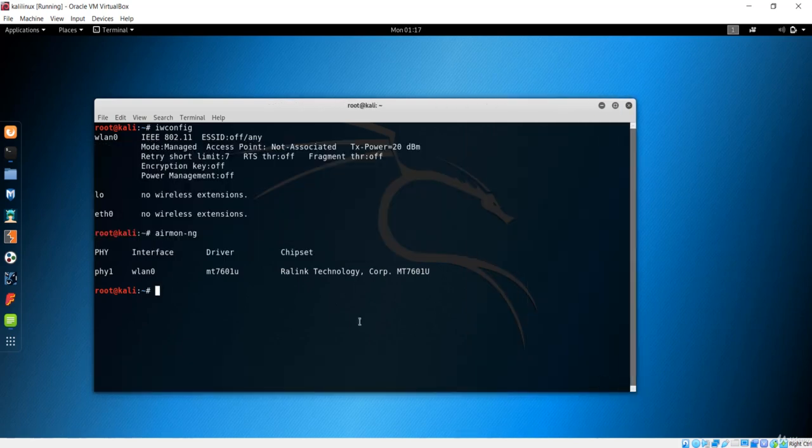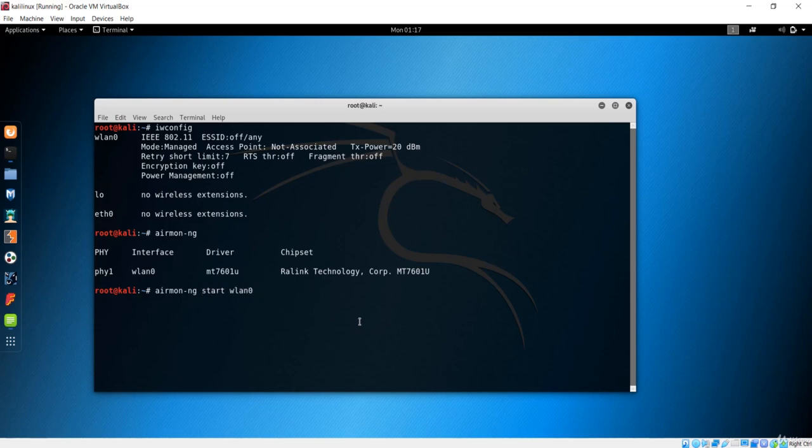If you want to change from managed mode to monitor mode, which is able to capture all the information, and I have already told you the importance of monitor mode, you first type airmon-ng, which is the application, and after that we say start wlan0.